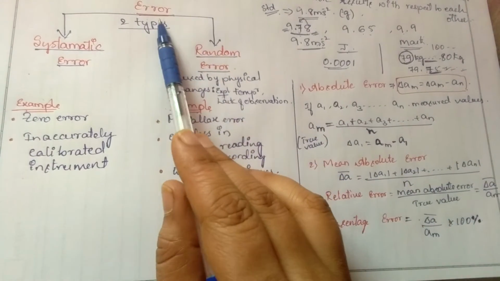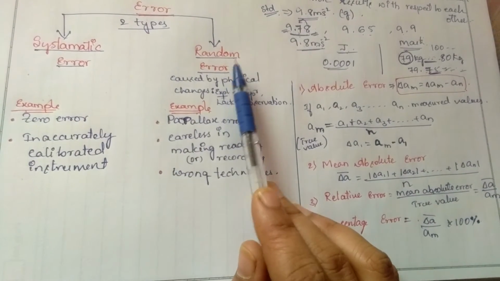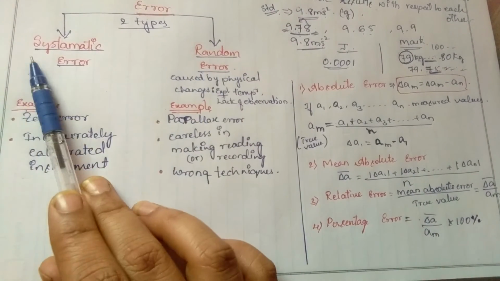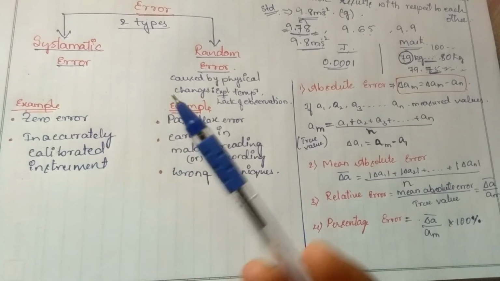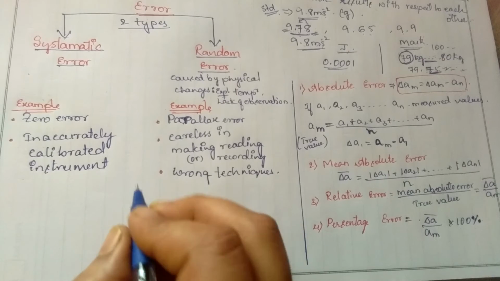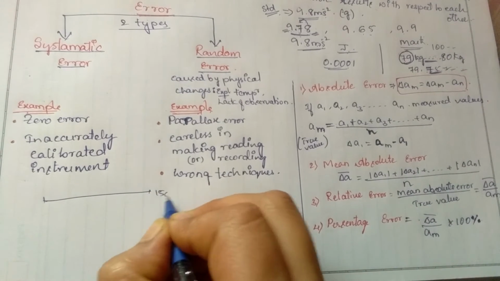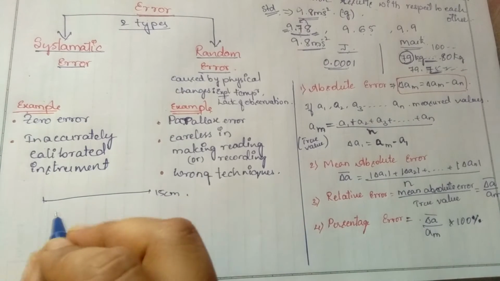Okay, there are two types of errors. One is systematic error and the next one is random error. What is meant by systematic error? For example, if we take a measuring scale that counts 15 centimeters, and we count